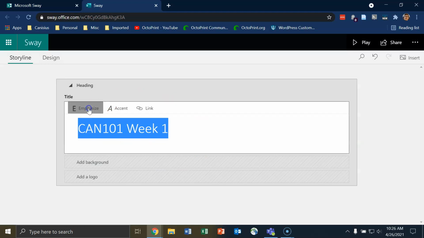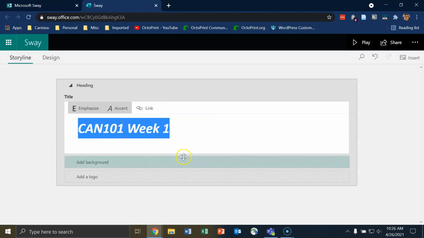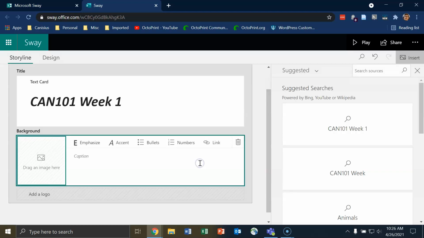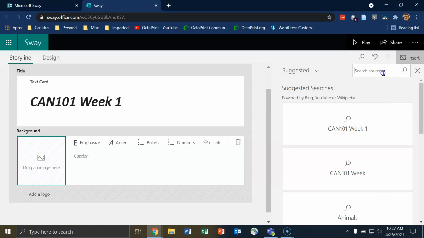If I click on Emphasize, this will make the text bold. If I click on Accent, that will italicize the text. And if I click on Link, I can link the title text here to another web page. When I click on Background, you can see that it automatically brings up some of my previous Sways in the right-hand side here. I can search these various sources if I want to, but for now, I'll click on Suggested